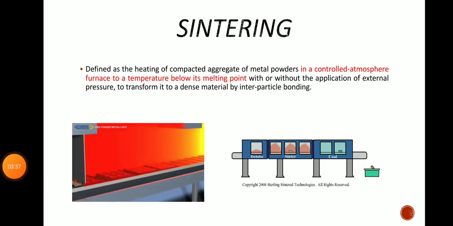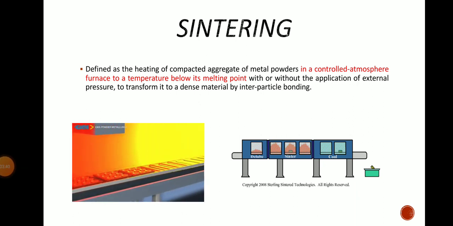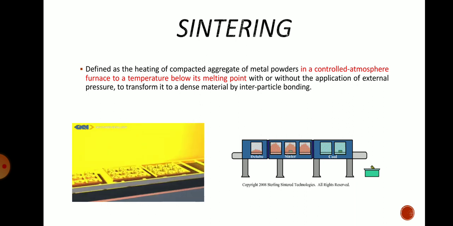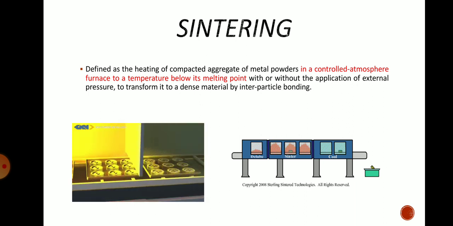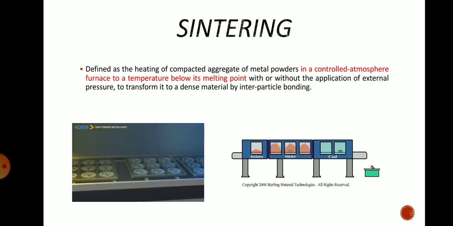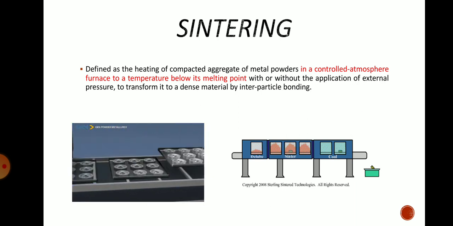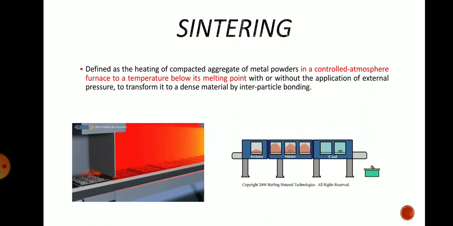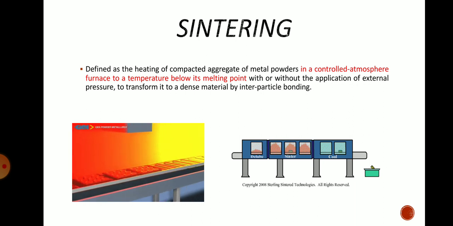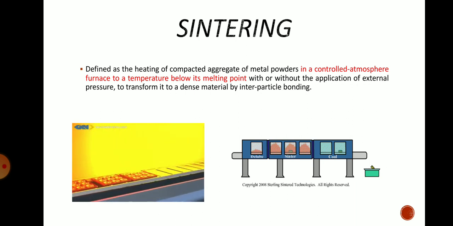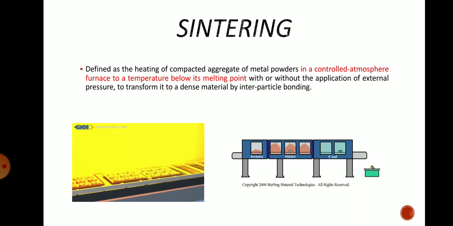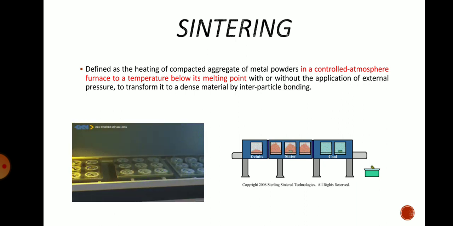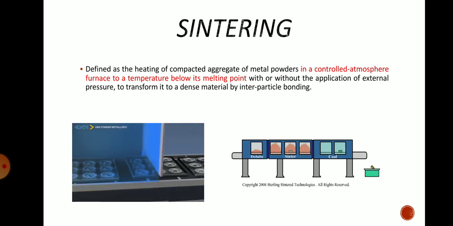In the diagram also you can observe that towards the right there is one central portion called sintering, in which heating of the compact is done, and then it is cooled. In the left side animation also you can observe that first the components produced by compaction are heated below the recrystallization temperature or below the melting point, and then they are passed through a cooler so that they will cool, and the desired properties or desired bonding between the inner particles may happen.